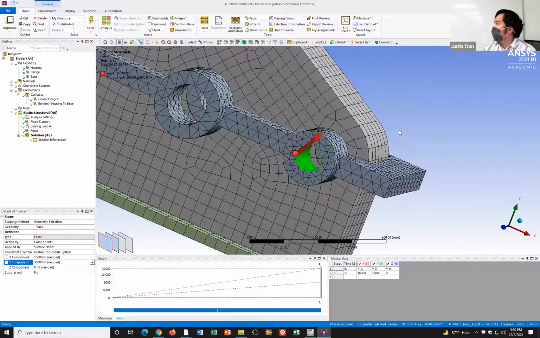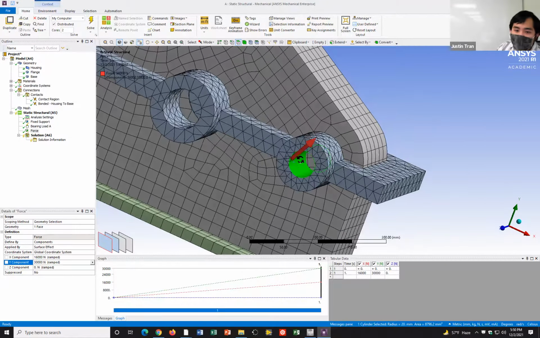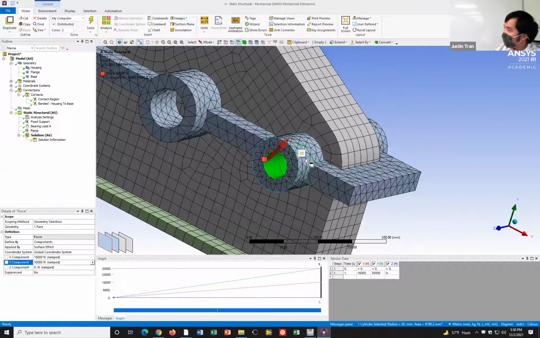That's exactly what you want. You want an even distribution of the force. But for bearing loads, we have a unique case, where a lot of times bearing loads are there because you have some kind of shaft that's being inserted into this hole and being pulled in a certain direction. In that case, it doesn't really make sense to distribute the load equally. We want to bias it towards the parts that make contact with the hole.